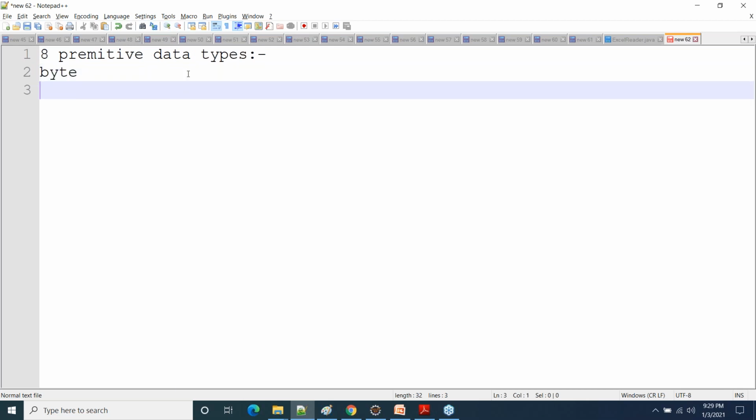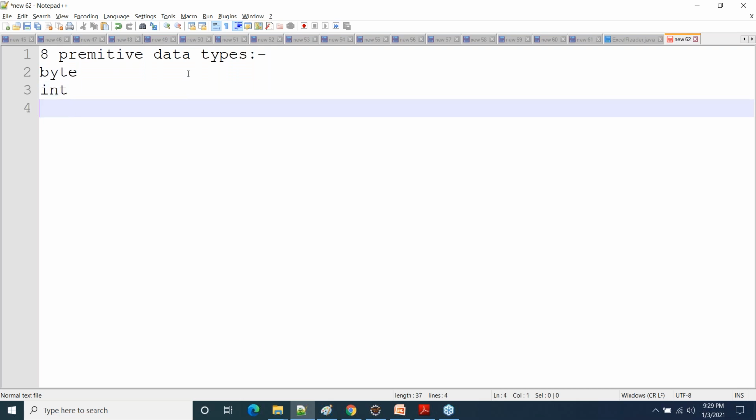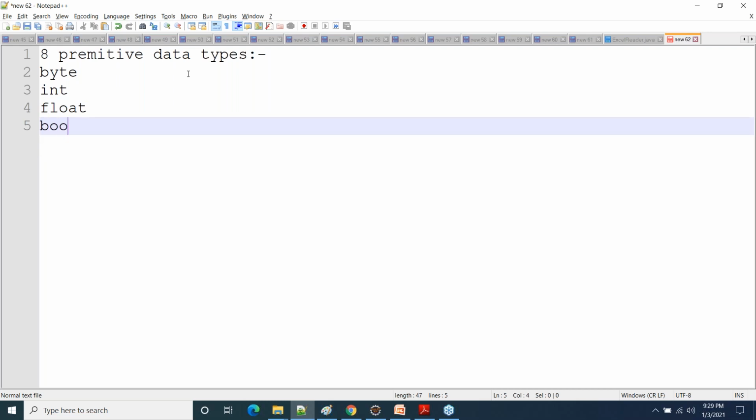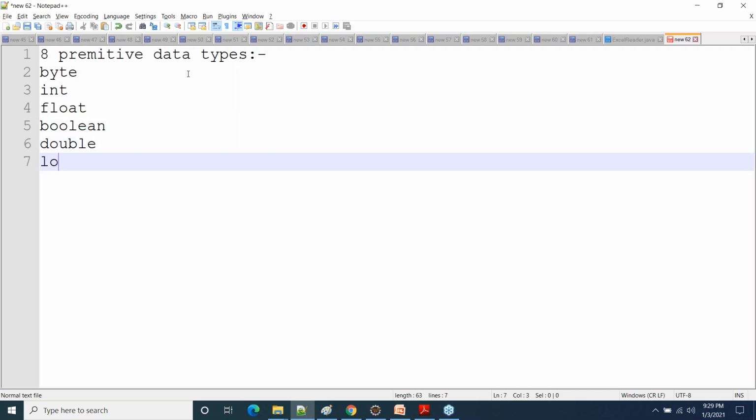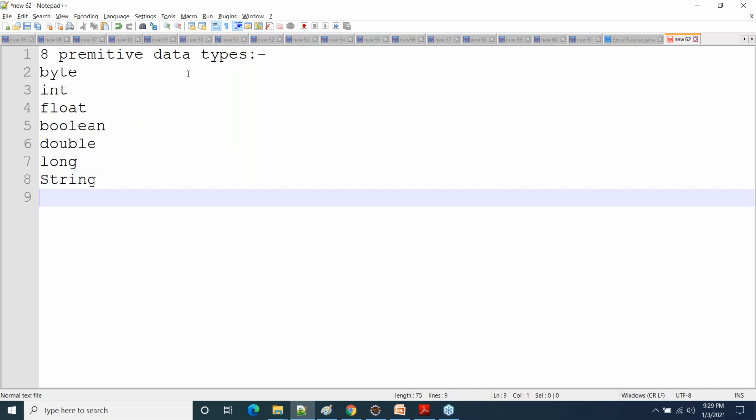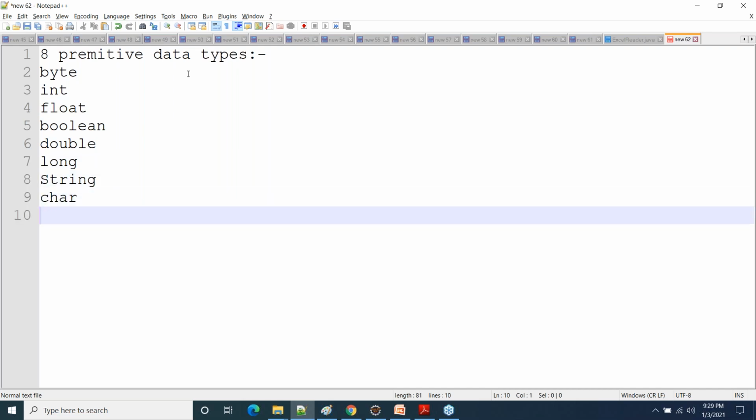Like you must have heard about byte, int is there, anything else? Float, boolean, double is there, isn't it? Long. Somebody is saying string, okay, fine. Char is there, short is there. Anything else that comes to your mind?